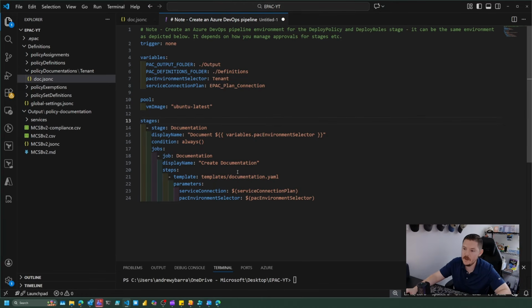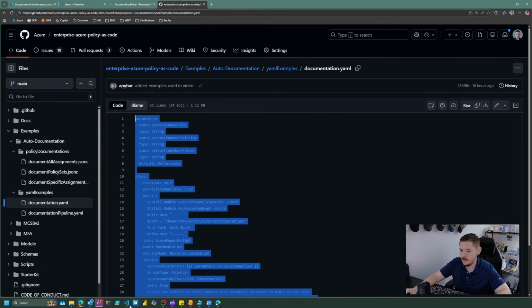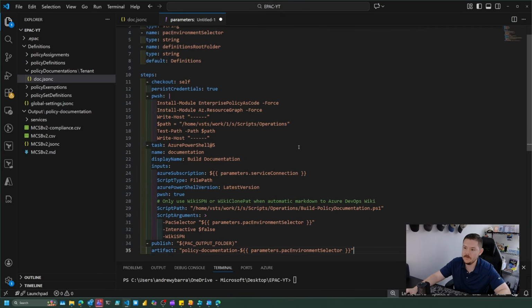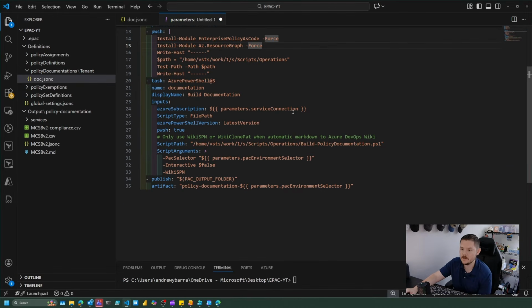Now, down below, we're going to see that it calls this documentation YAML, which is the other file here. And this is the actual YAML that does the call to make sure it has Enterprise Policy as Code and the AZ module, or the AZ Resource Graph module more specifically. And then down below, where it calls Build-PolicyDocumentation.ps1, where it calls the PowerShell module, we just need to make